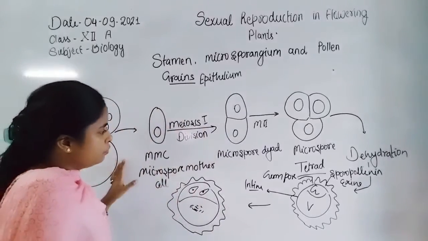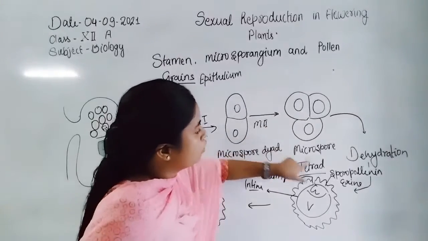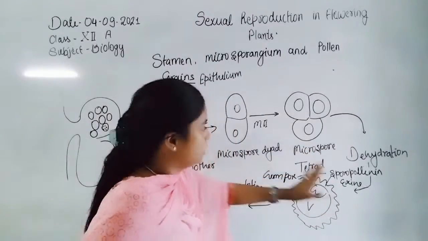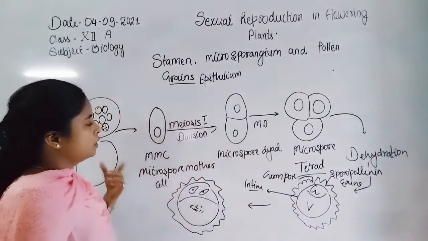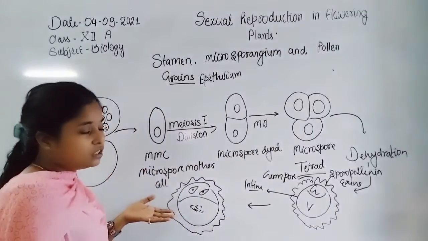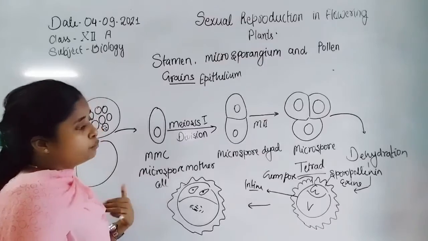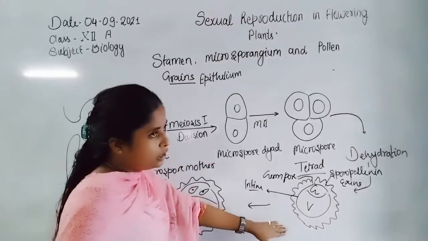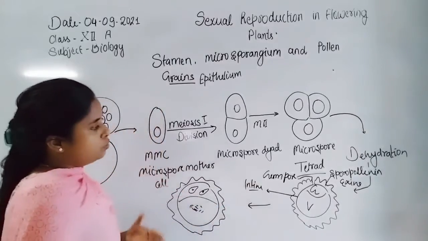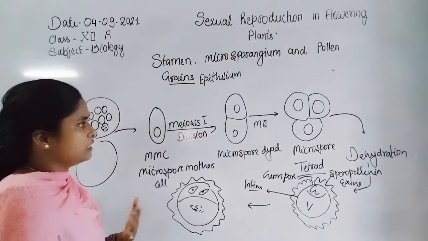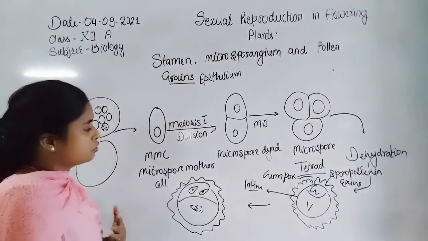As we know, each microspore develops into a pollen grain. So how many meiotic divisions are required for the development of 100 pollen grains? Obviously, from one meiosis, 4 pollen grains develop. So 100 pollen grains are developed by 25 meioses. That is the question.